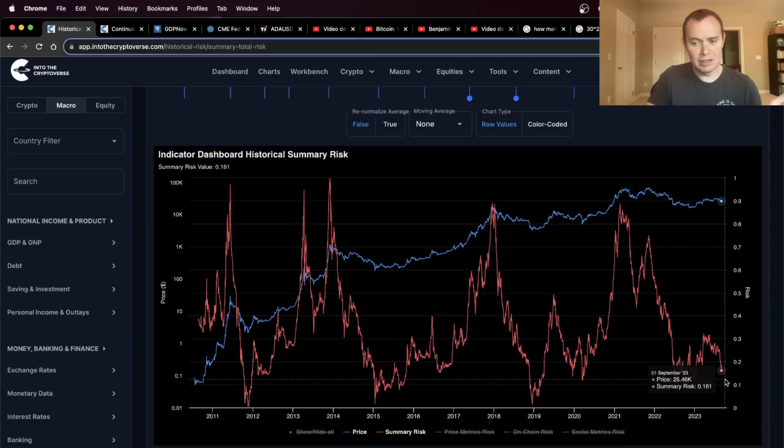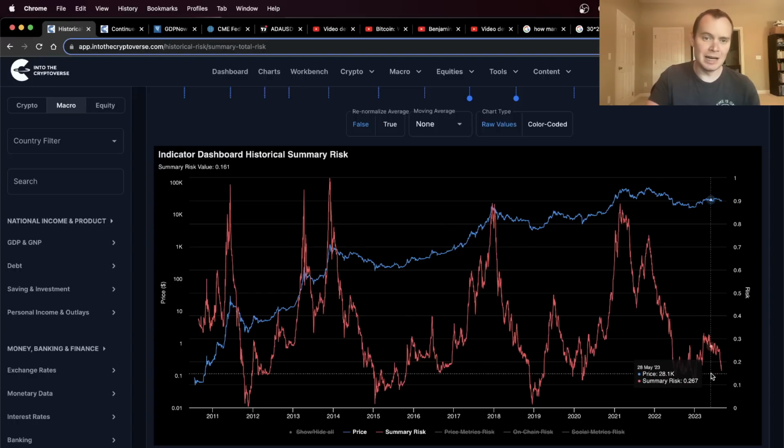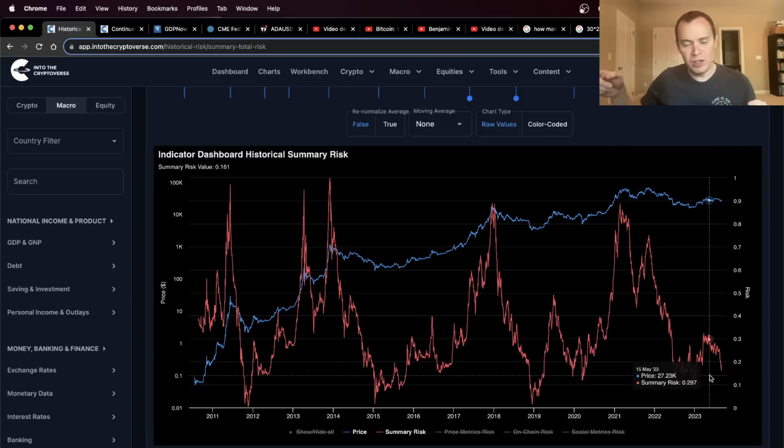The total risk is 0.161. And this is the lowest the risk has been since January. It's not the lowest the price has been, because this is based on the social risk as well. And the social risk really gives you more insight, I think, into the altcoin market than it does anything else. But the issue is that the Bitcoin price also depends on the altcoin market, because oftentimes liquidity from the altcoin market will make its way over to Bitcoin during the pre-halving year. So if people are leaving and they're no longer buying altcoins, there's probably also fewer people converting those altcoins to Bitcoin. And so that is another reason.